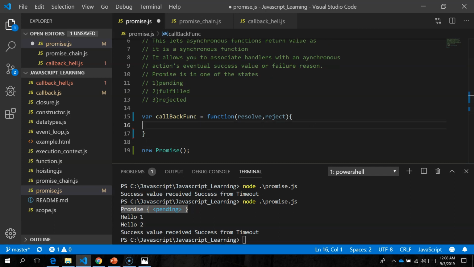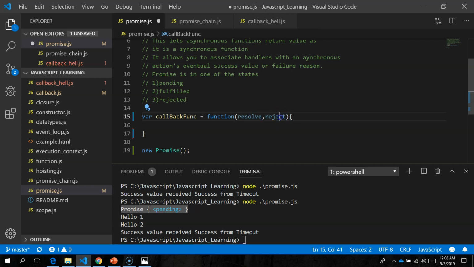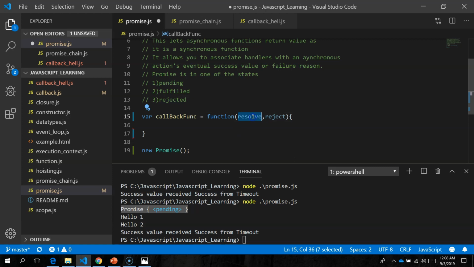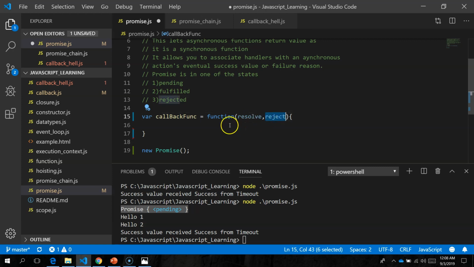The first parameter will be a resolve function and the second will be a reject function. So whatever asynchronous function we write here is supposed to call either resolve or reject based on the output. If the asynchronous function was successful, you can call the resolve function. If it has failed, we can call the reject function.